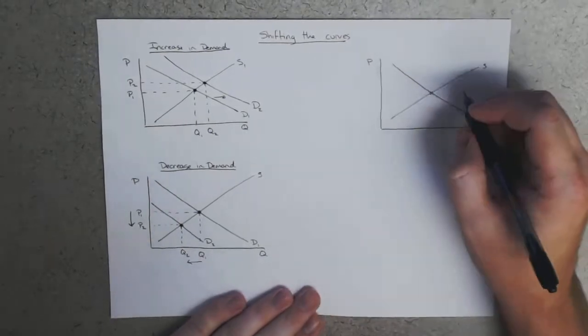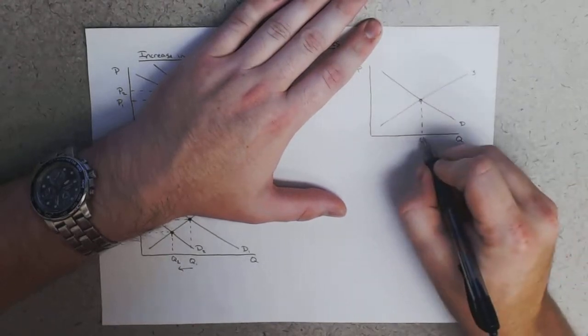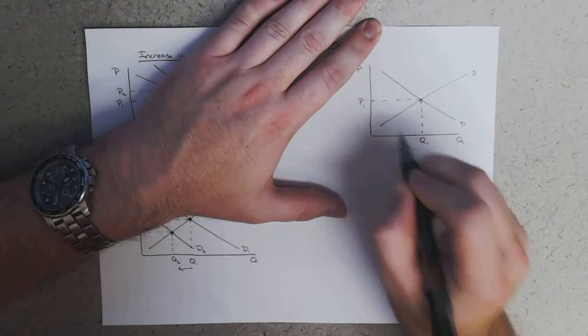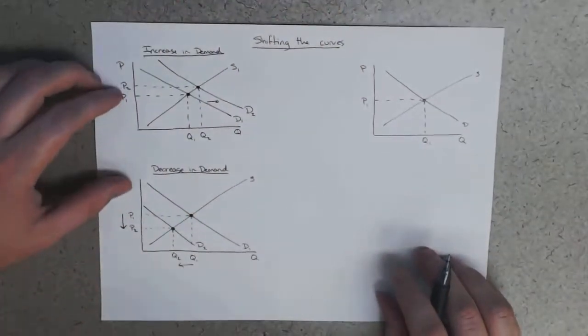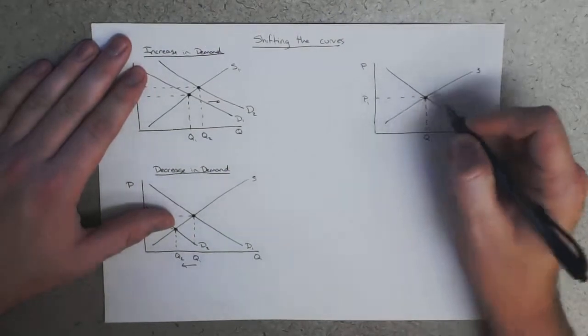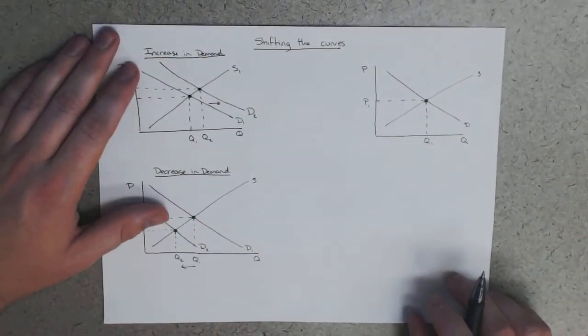Okay, so here's our initial equilibrium, right here. Our initial equilibrium, P1, Q1, cool, got it. I'll color this in to make it darker. Okay, let's say that